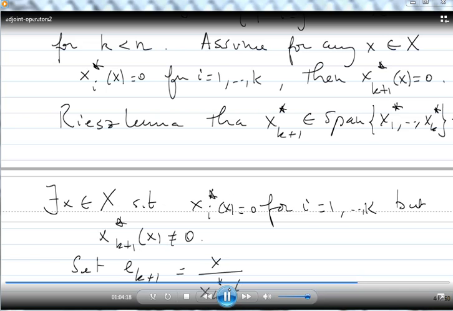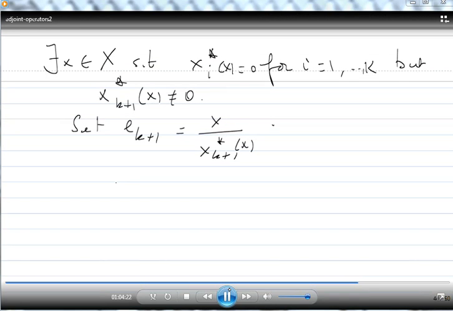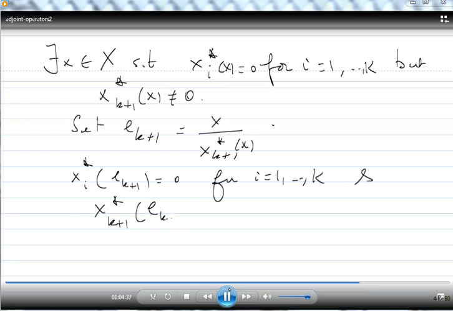And this tells us that xi star of ek plus 1 equals 0 for i equal 1 all the way to k, and xk plus 1 star of ek plus 1 is equal to 1. Alright? So by induction, we get that